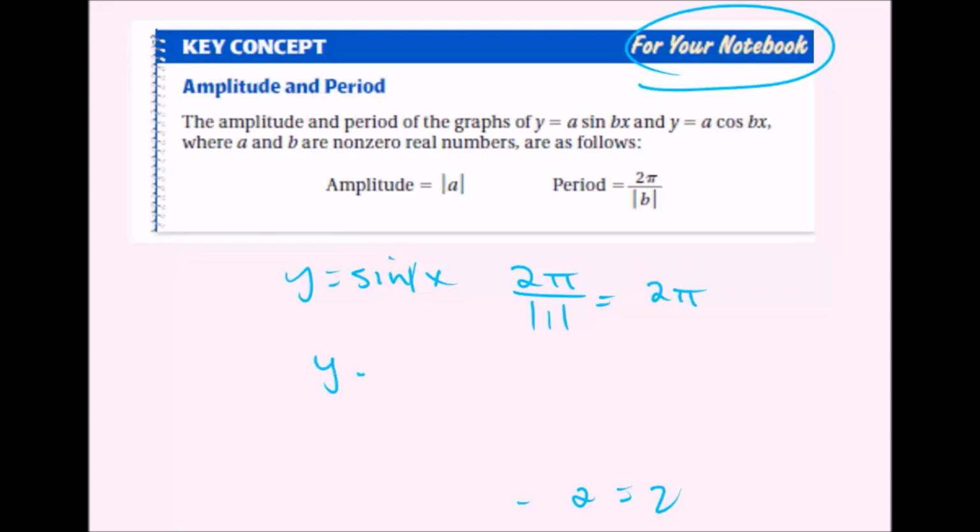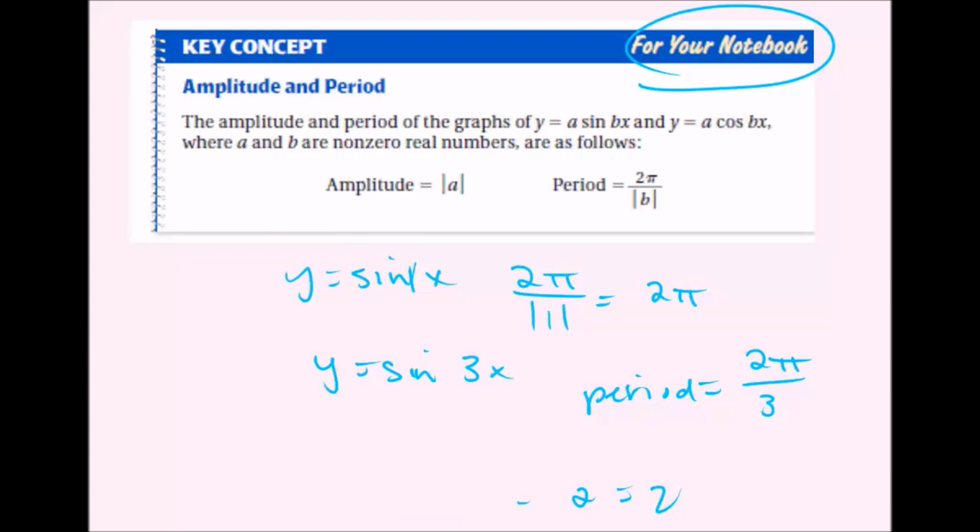If we have something like y equals sine 3x, well, to find the period, you would do 2 pi divided by the absolute value of 3, which is 3. So the new period is 2 pi over 3,